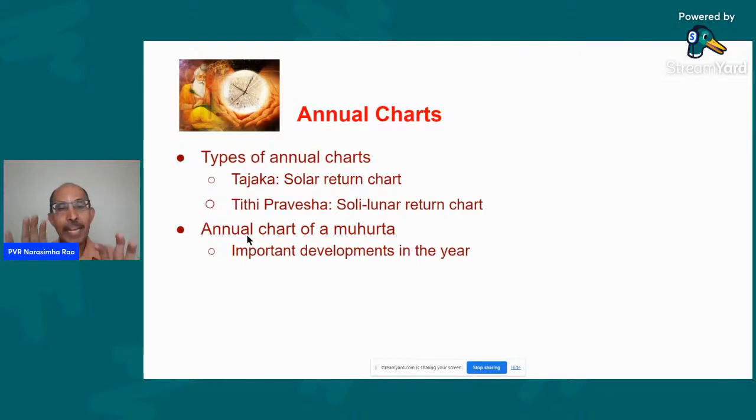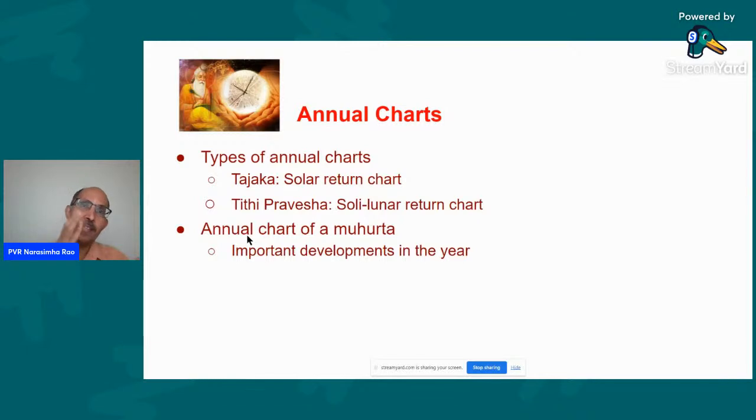By combining multiple techniques, if one technique is suggesting that something is possible, and another technique is also suggesting the same thing, we can be more confident. So as more and more techniques confirm that a particular event is likely, we can be more confident in our prediction. So even in cases where the birth time is known, I use this technique to confirm